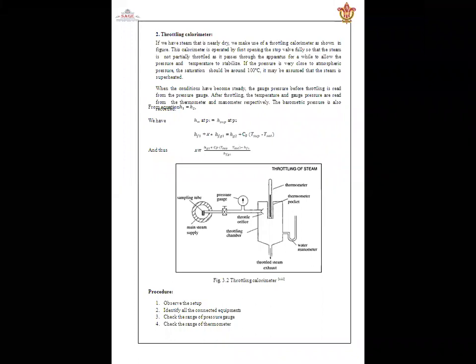जैसे ही आप पानी को निकालते हैं तो कई बार कंडीशन ऐसी बन जाती है कि पानी गर्म बहुत ज़्यादा निकलने लगता है, तो hg2 plus Cp into (T superheated minus T saturated), that is called the degree of superheat. So T superheated minus T saturated is called the degree of superheat. Okay, and Cp is called the specific heat of the superheated steam, and x can be calculated from the formula in which